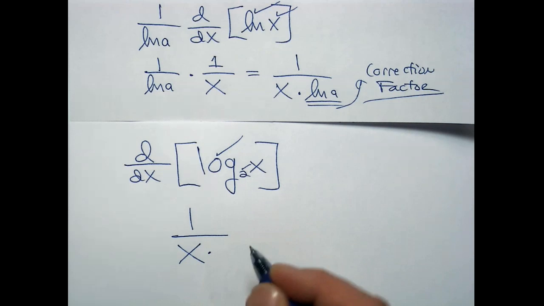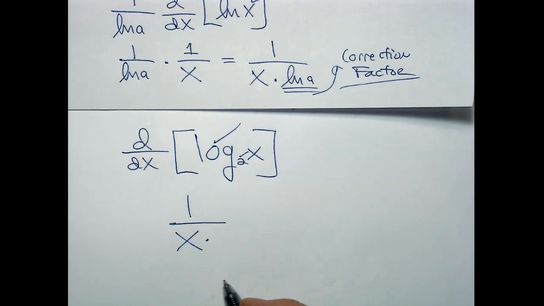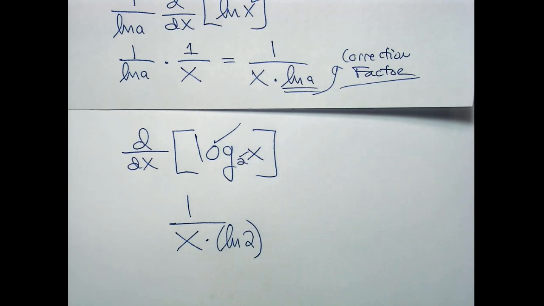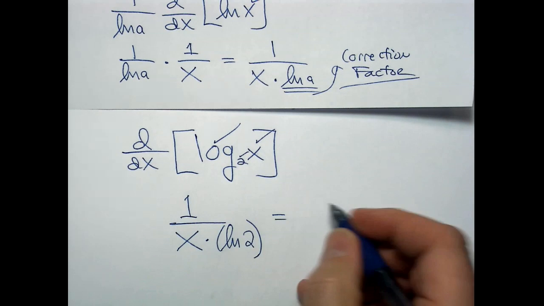Well, remember, when we did exponentials, I said put the correction factor right next to where you just placed the derivative. Well, look at where we just placed the derivative, right there. So put the correction factor next to it. Also, don't forget your chain rule. Derivative of x is right there, it's 1. So